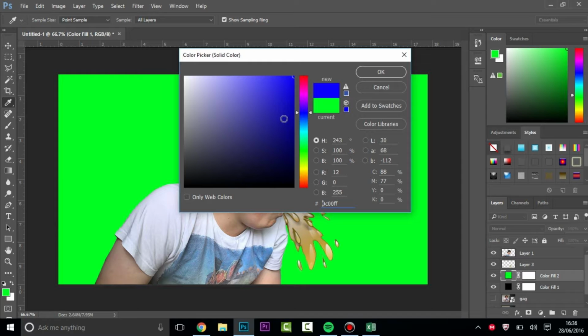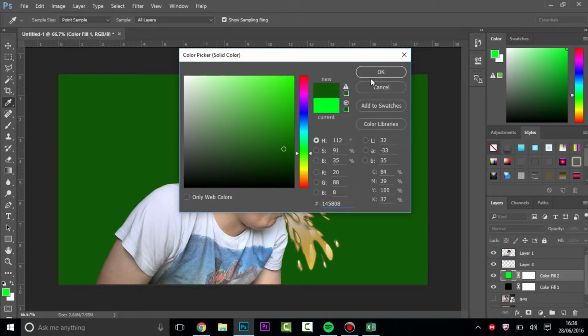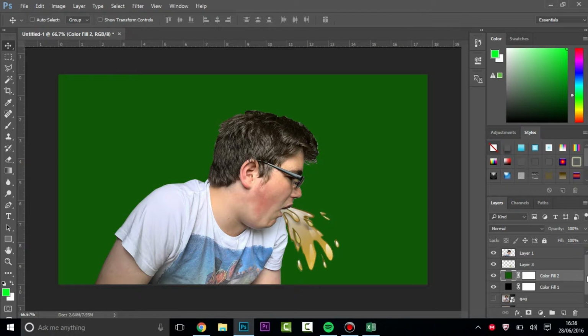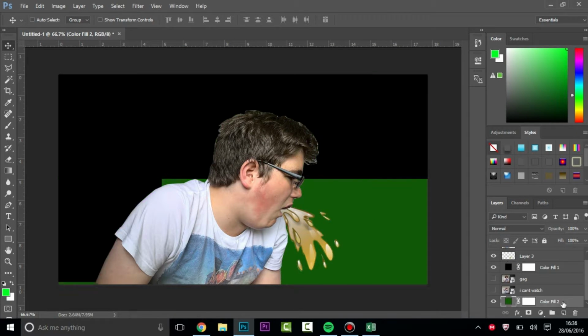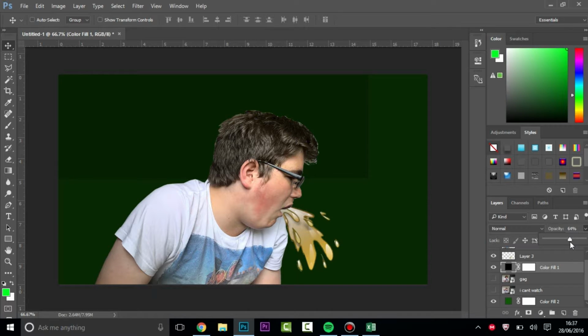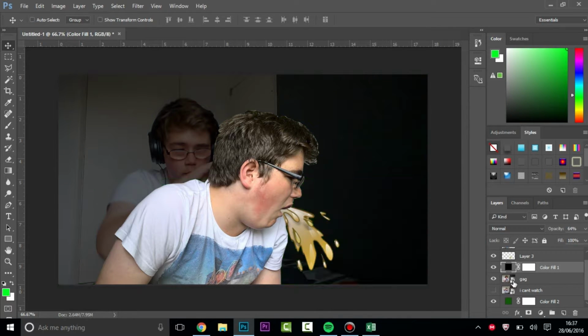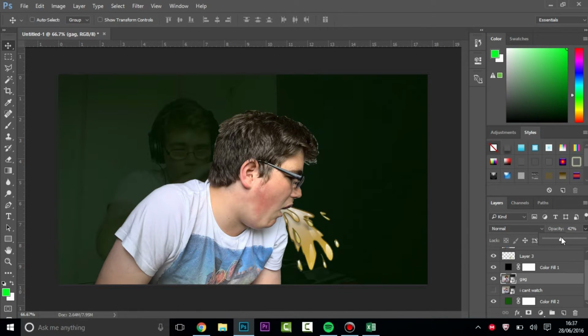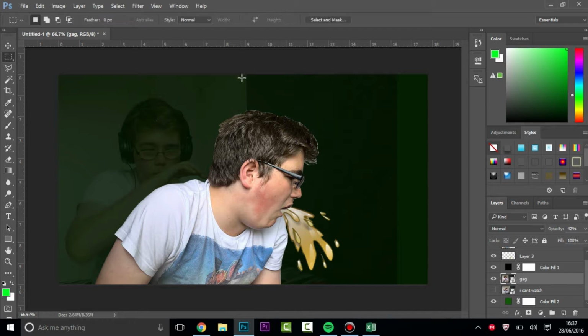Then I made a solid green layer, but it was a darker green that I used, more like a sicky green. Then I changed the opacity. Now this isn't the way I do it in all of my thumbnails. Sometimes I use stocks and change the blending options. Changed the opacity of that, then turned on one of the other pictures I took. Then I can turn down the opacity again by using the slider, and then press Ctrl T, or I rasterized